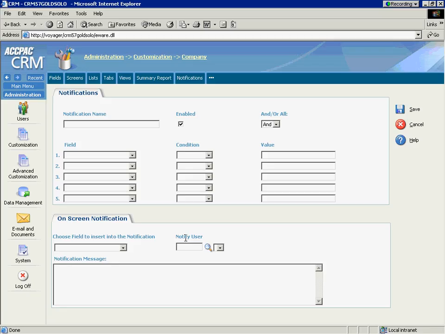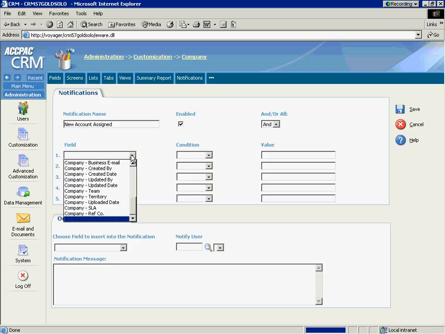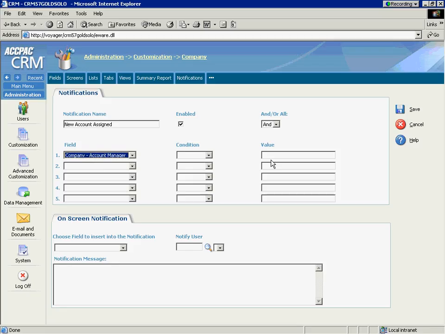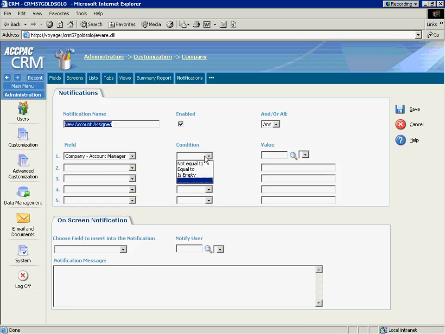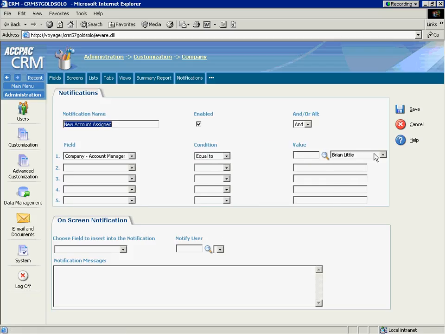I type in my notification name, perhaps a new account that's been assigned to me. And I can go ahead and select what criteria will cause this notification to fire. We have all of the fields available for you to use. So for instance, if we say the company account manager is equal to Susan May,